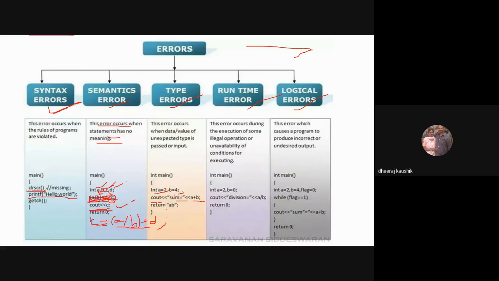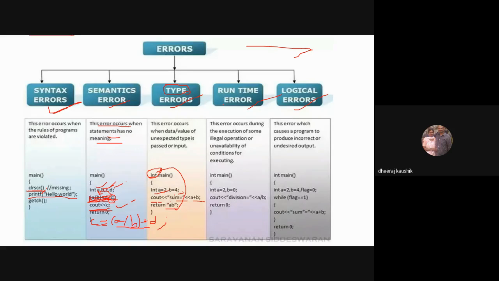But in the return statement, it is given the string "ab" without any operation in between. The return type of this function is given as int, but the actual returning value in this return statement is a string, right? So these both conflict with each other. So this is a type error, not a typo error.